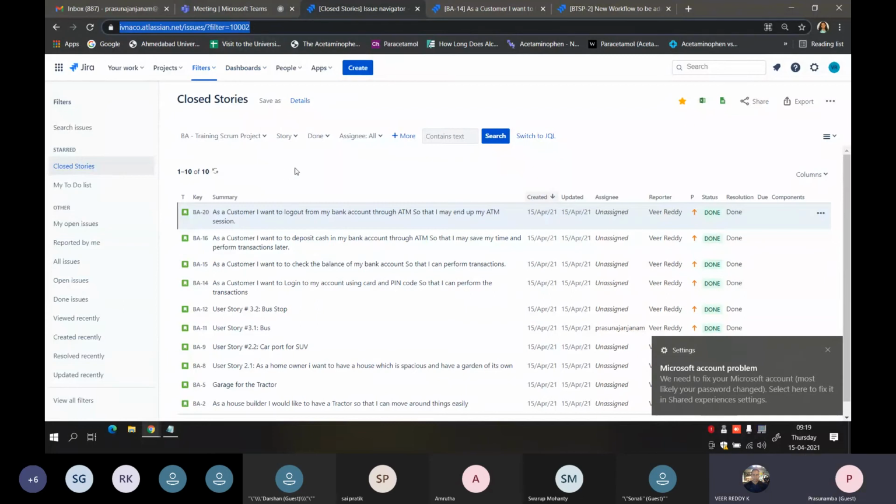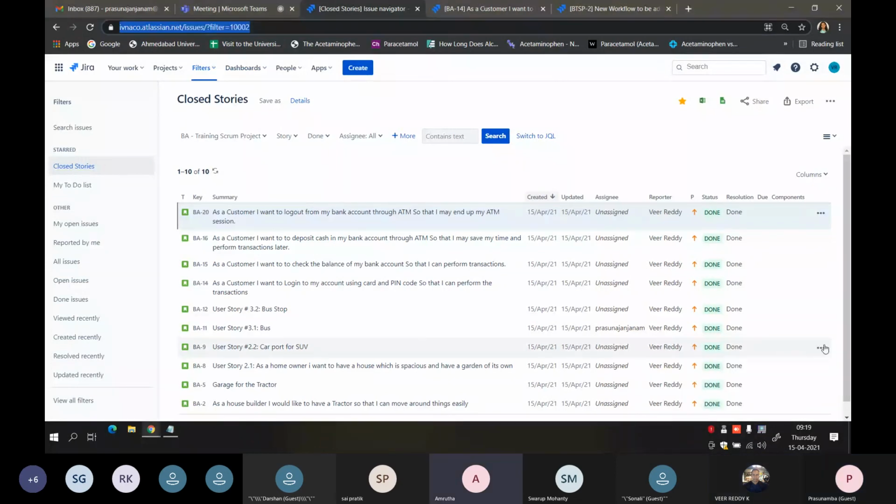Any doubts on the filter side? Ma'am, without that link, even if we give the permissions, they can't see it? They can see it, but they would not go there directly. They have to go into their filters and then see it in this list. Okay, ma'am.